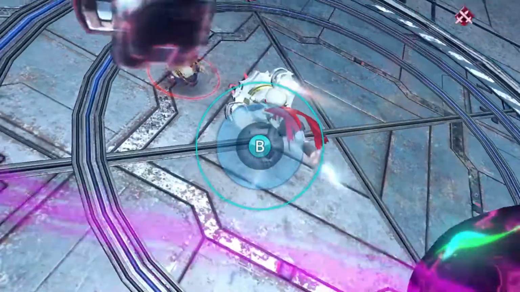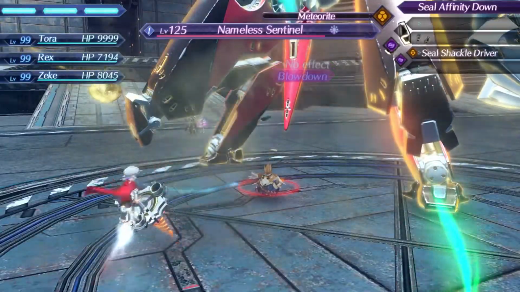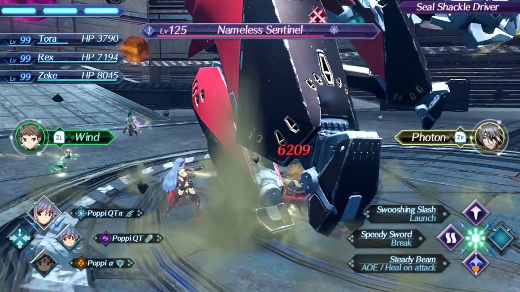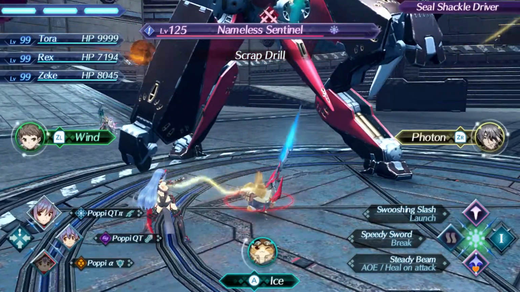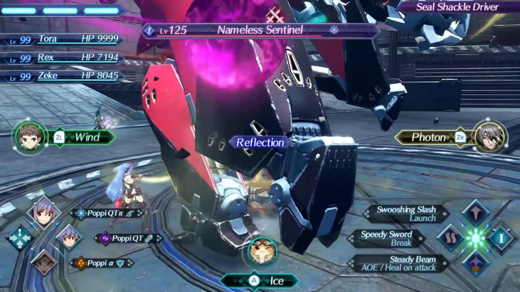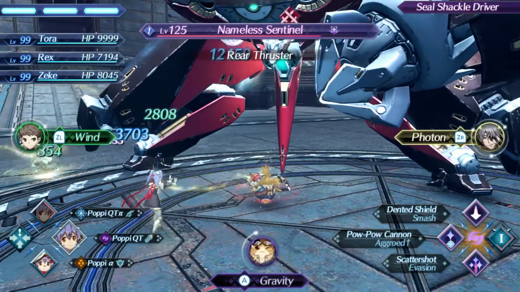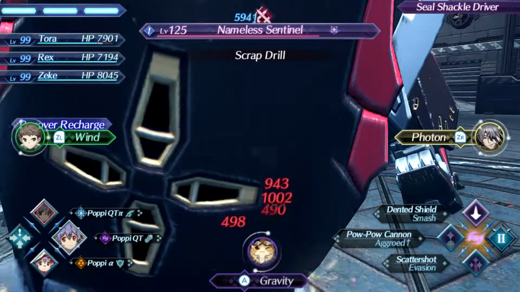I have Light, Dark, and Earth on him now. My goal is to just establish a bunch of orbs on him, basically, and then kill him before too long. I need him to change his weakness. Thank you. Now I can go...